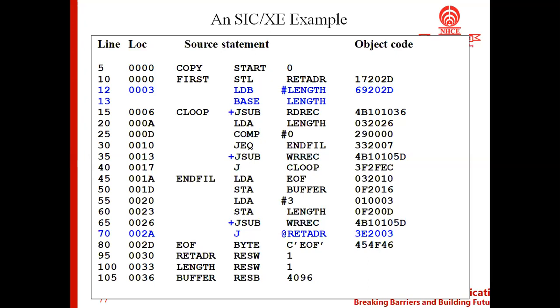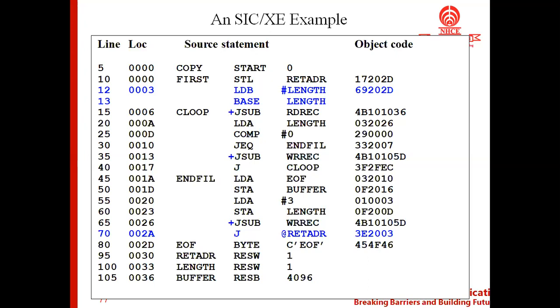When it is format 4, mostly it is direct addressing, which I told you when we were calculating the target address. I have shown some examples of how the target address was calculated, with an example for format 3 and format 4. In format 4, the E bit was 1.